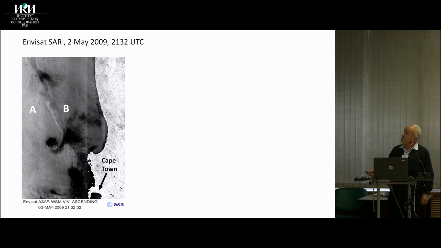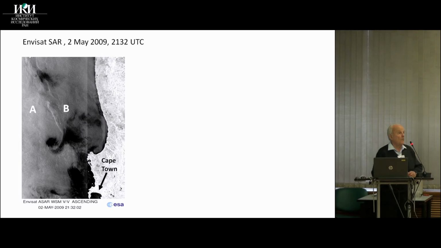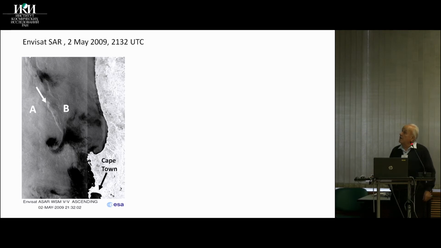On average, you can see that this area is somewhat darker, so has a lower backscattering, due to the change of the stability of the air-sea interface. You also can see a bright line that is a boundary between these two areas, and